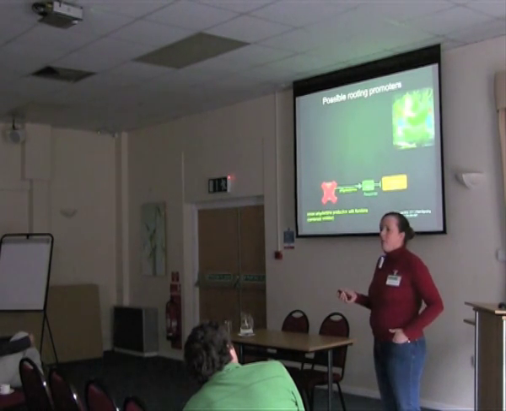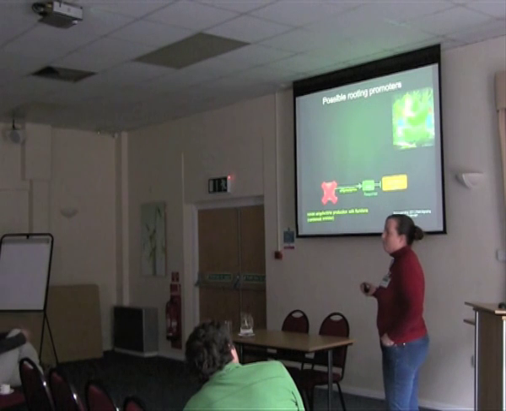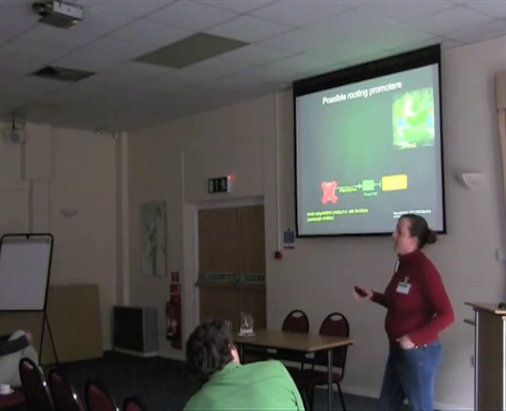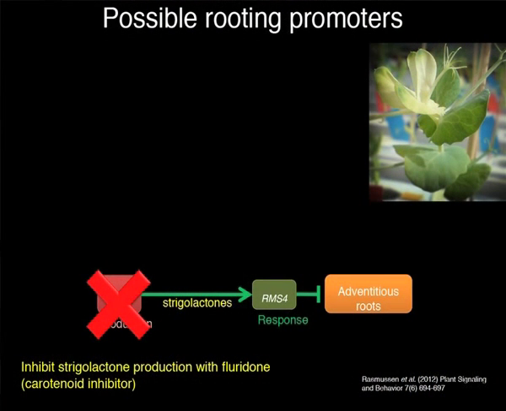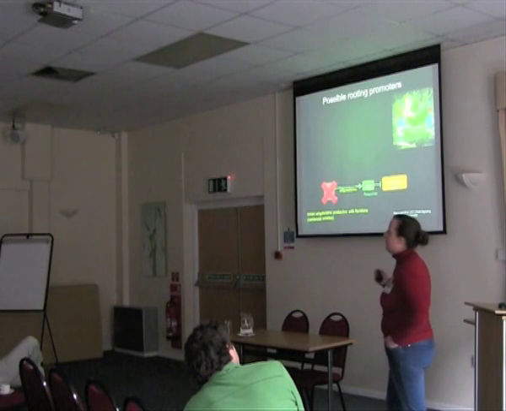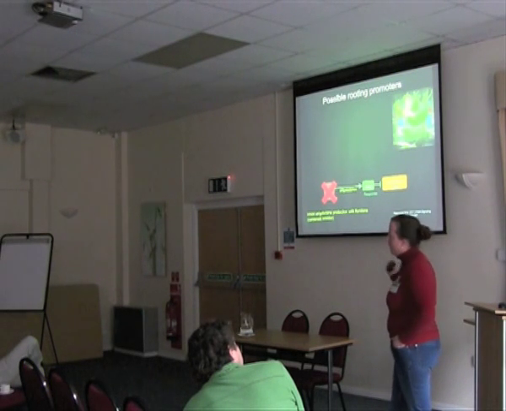So that's nice, but can we use it in a more applied way? Can we actually inhibit the production of strigolactones endogenously with a chemical to improve adventitious root formation? At the time, we didn't have any specific inhibitors, so we're blocking at this part, we're blocking all carotenoid production using fluridone. And you see here that it's blocking pigment production. It will have changed ABA production, and to compensate for the ABA, we of course added ABA